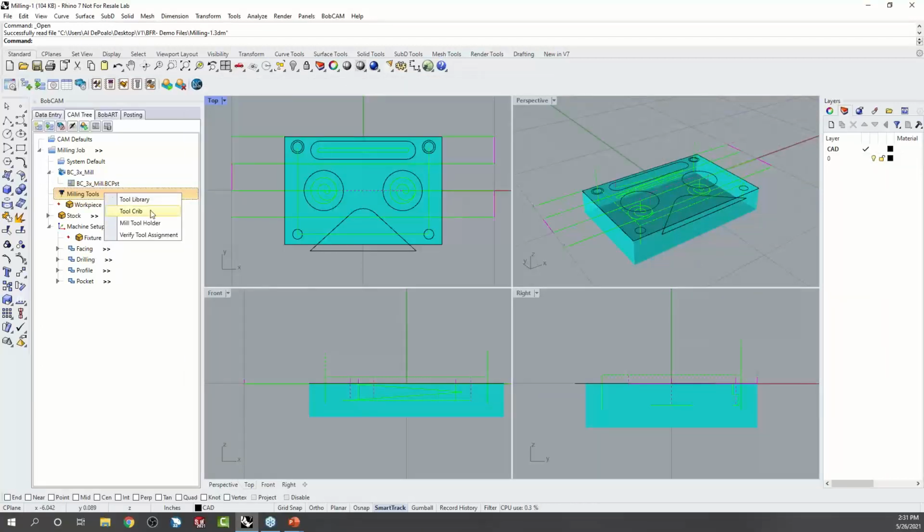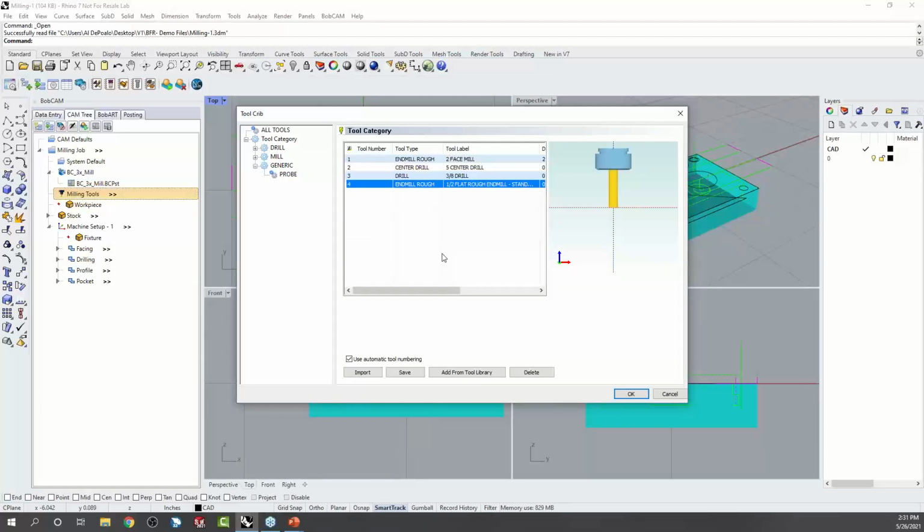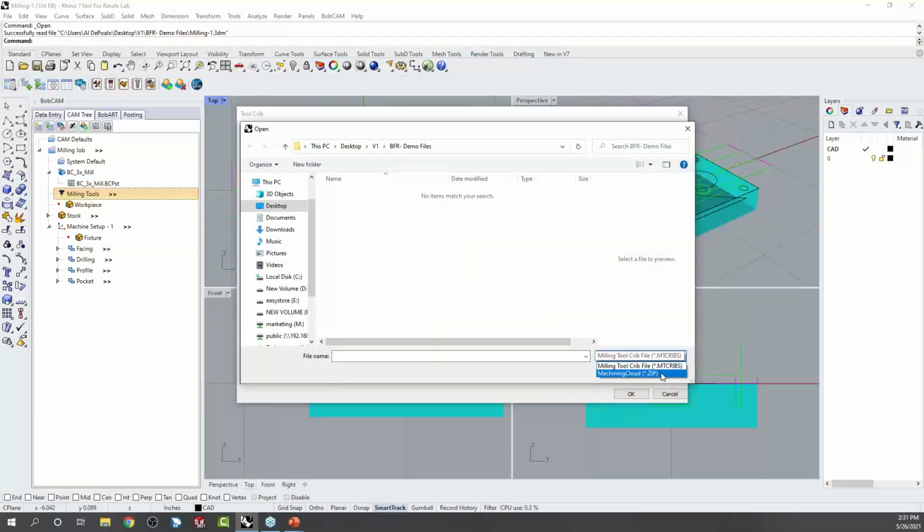Now, just like with the turning, there's a tool crib. Within the tool crib, again, you have all your different categories of tools. It will show the active tools that are in the job. And then if you're on the machining cloud and you've created a tool assembly and you've exported it, you do have the ability to import that tool right into your tool crib using the machining cloud export option. Basically, you create a tool,